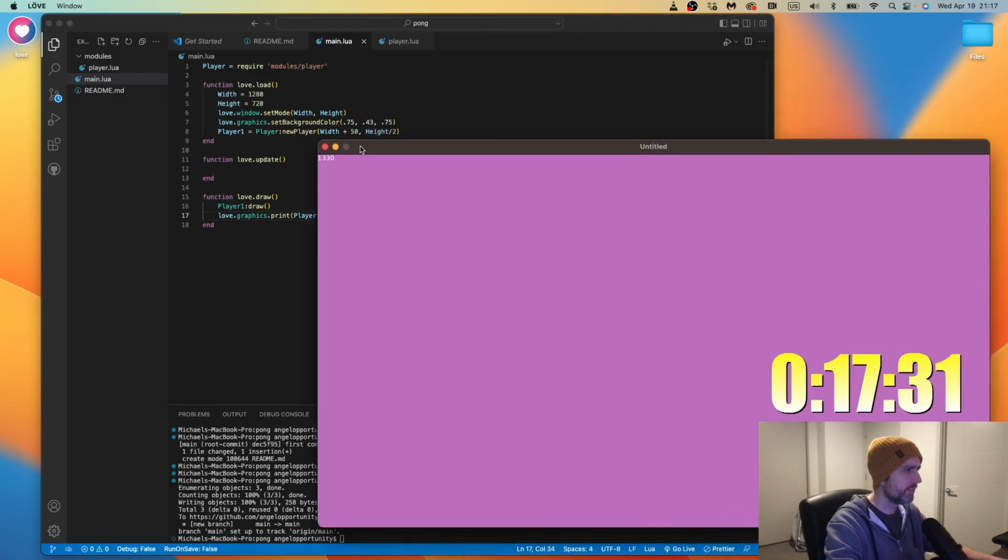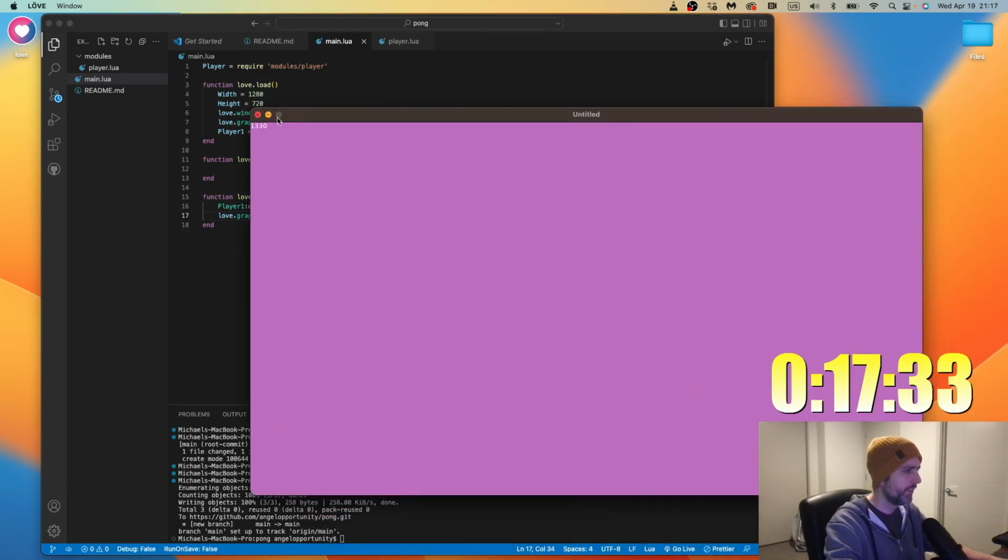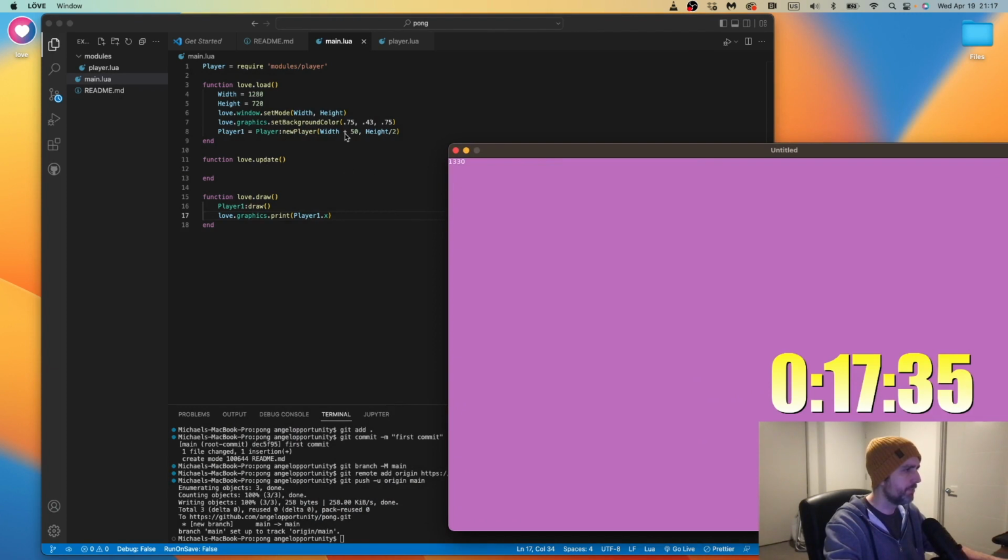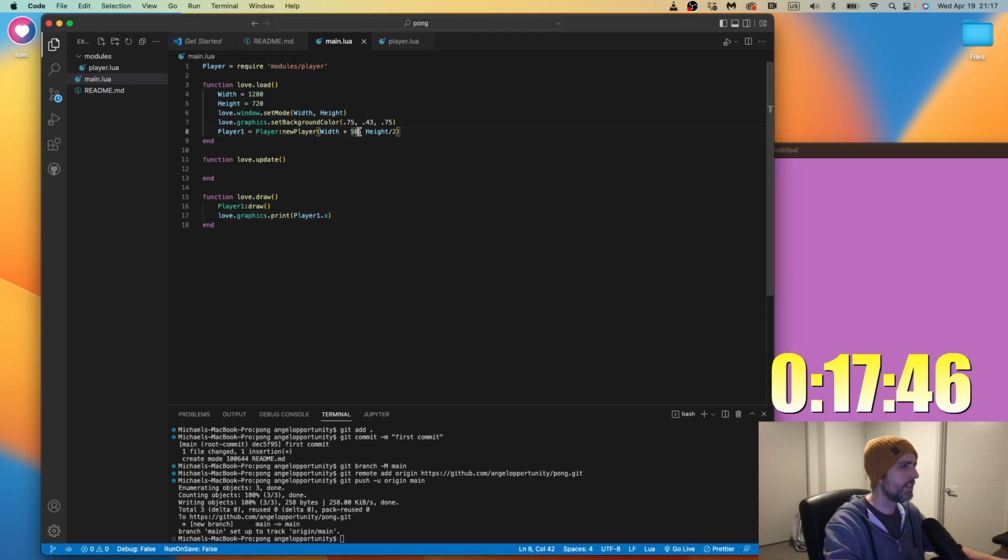That's not right. That's off the screen. That's our problem here. Why is it 1330? I said plus 50 on the x-axis. How? Oh, I see what I did wrong. I'm stupid. Okay, so it should be 0 plus 50.